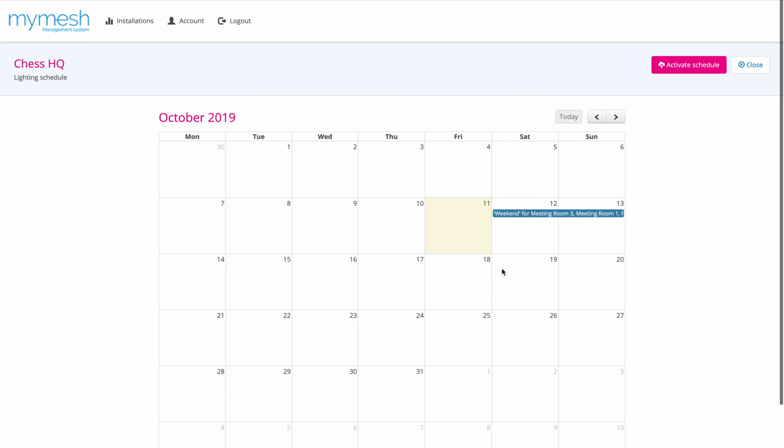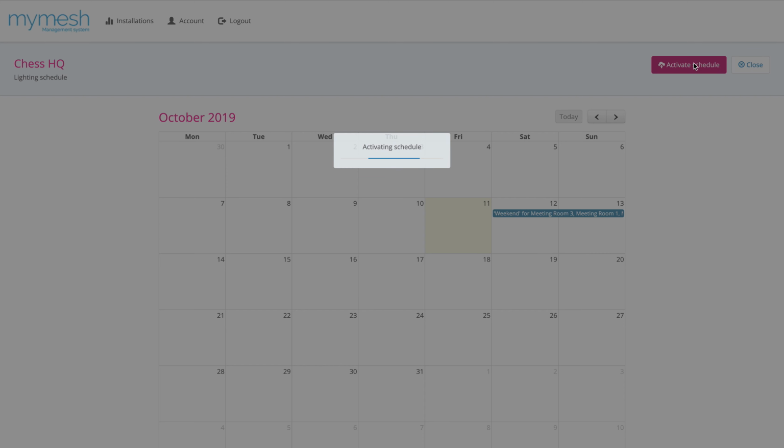We're going to save the settings, and then this is very important. You need to activate the schedule. You do that by clicking on the pink button,